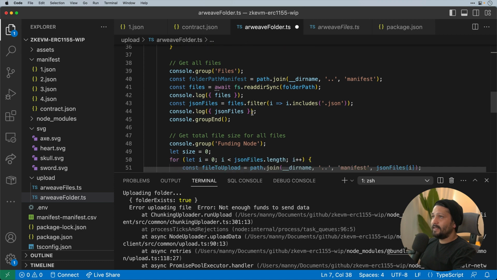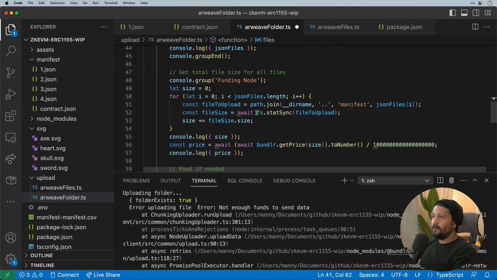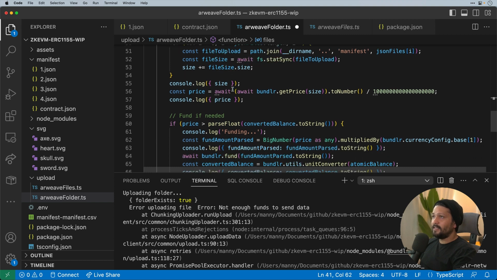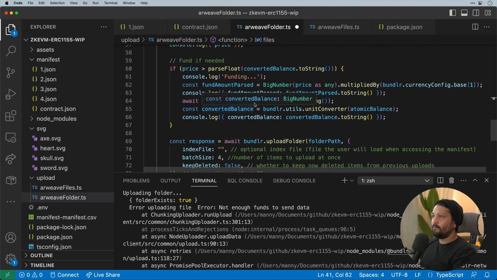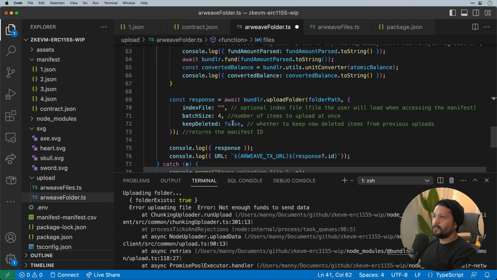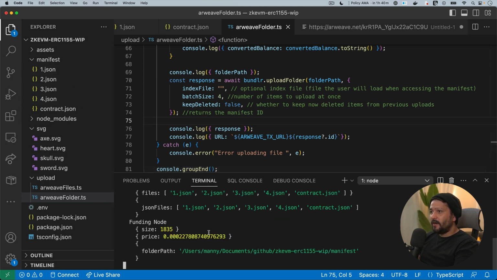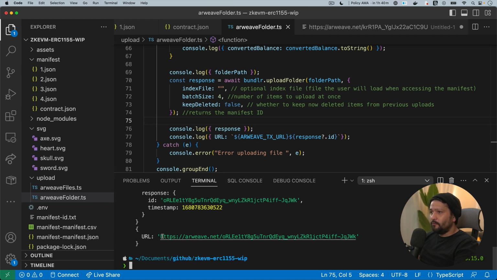Now that that's set, we get the manifest part, which we'll paste here. It'll go through all the files. It'll fund the node. From there, it will process or get the amount for the size and then actually process the funding for that specific node, and then go through the process of uploading that folder. So let's try this again. I'm just going to go npm run upload folder. It'll go through the process of reading the manifest.json file, making sure that the folder actually exists, and then we should see the final transaction of the folder uploaded directly